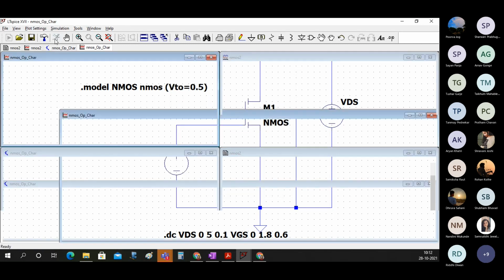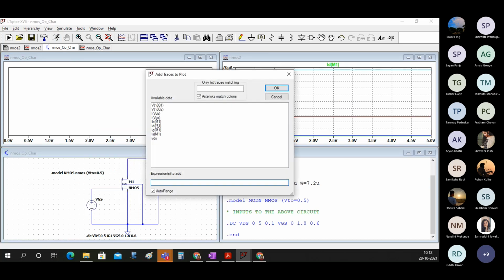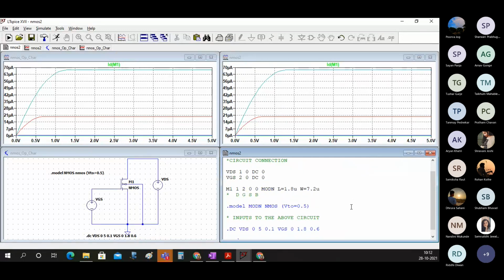Okay, let's simulate. So you can see we got the same characteristics. So do this change and show me the output.